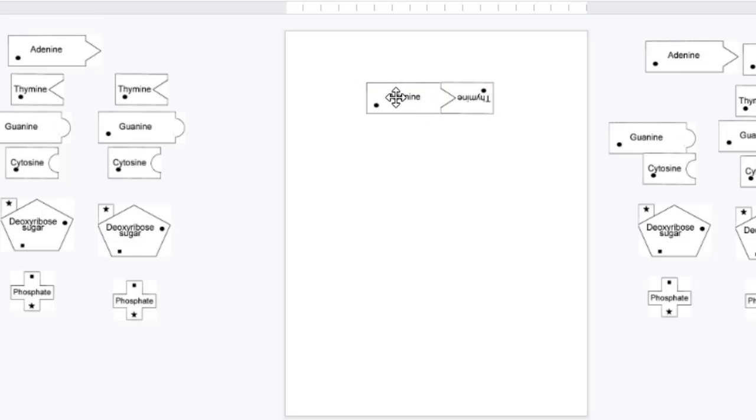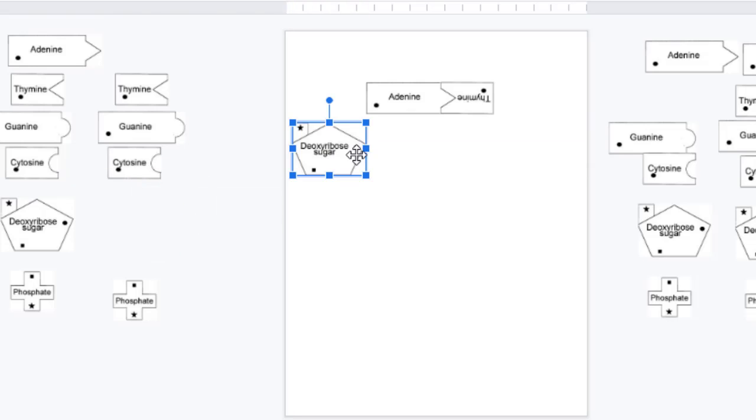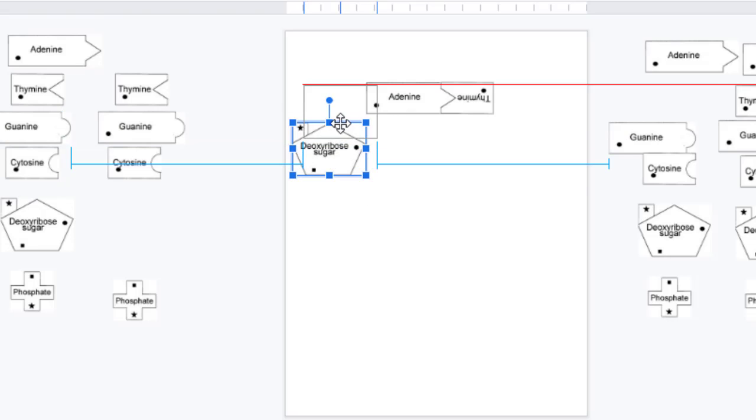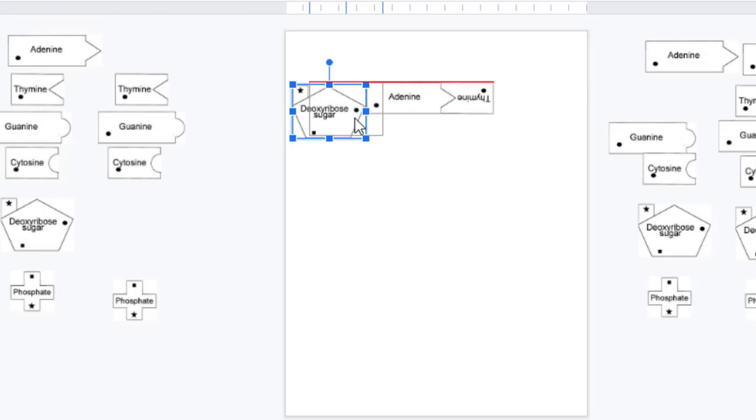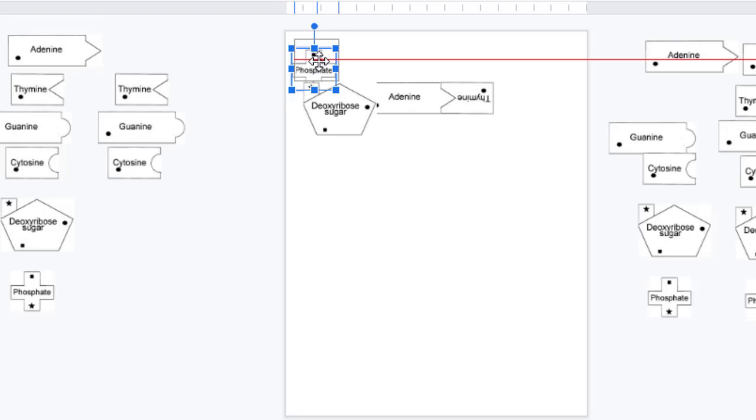So now I want to add my sugar. To pair this up correctly, notice there's a little circle right here, and you want to match it up with the circle right there on the adenine. So I'm going to try my best to match it up there. Okay, I'll move it a little bit. And then there's a star at the top here. That is where your phosphate is going to go. So I will attach